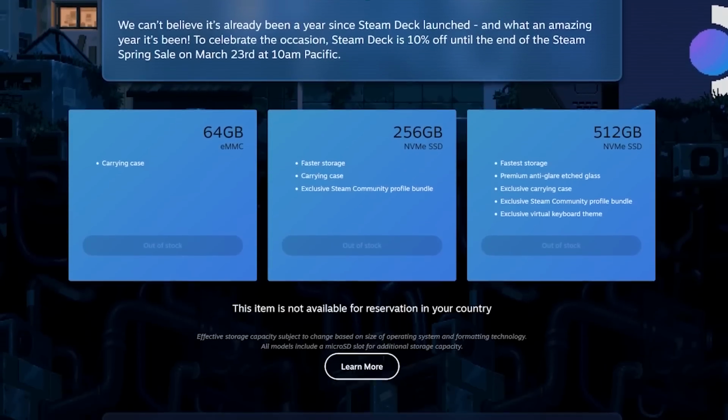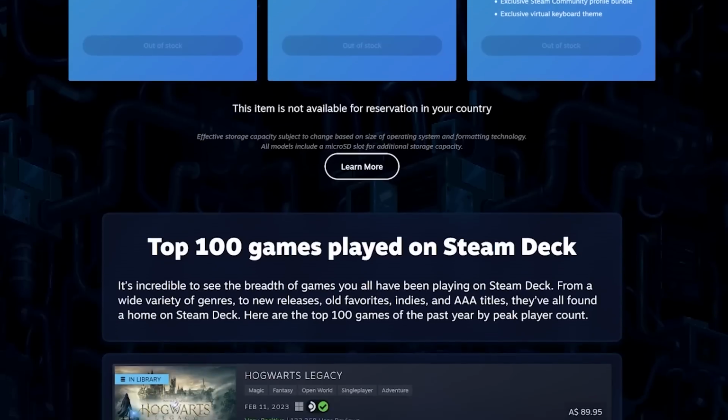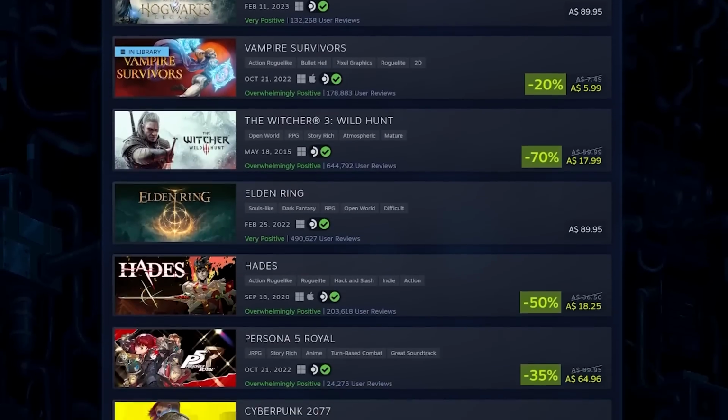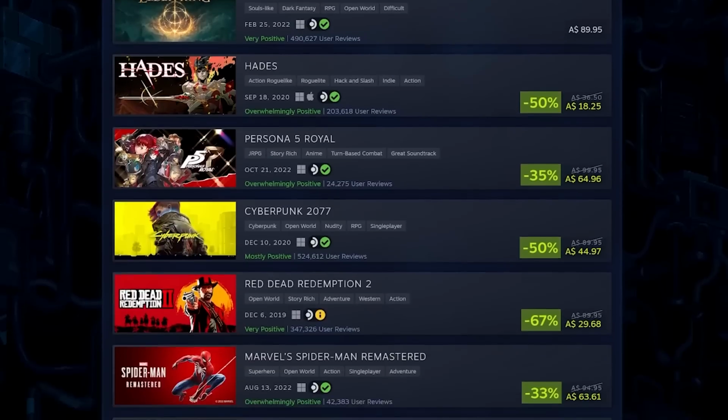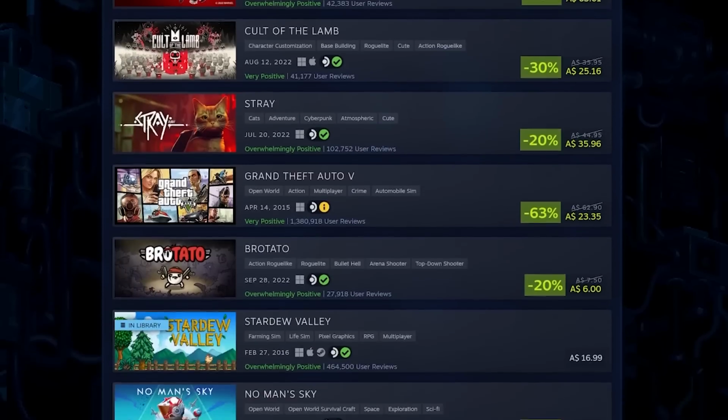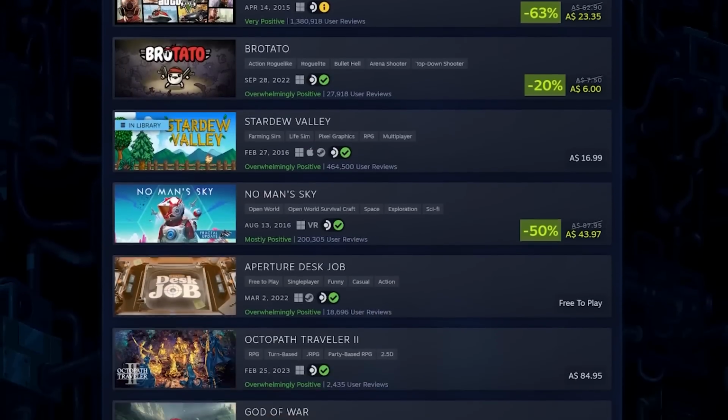a 10% discount on all Steam Decks during the spring sale of March, they went one step further. They also released a list of the top 100 games that are played on the Steam Deck based on concurrent players. This video is going to deep dive into many of those titles, if they're worth playing, my opinions on